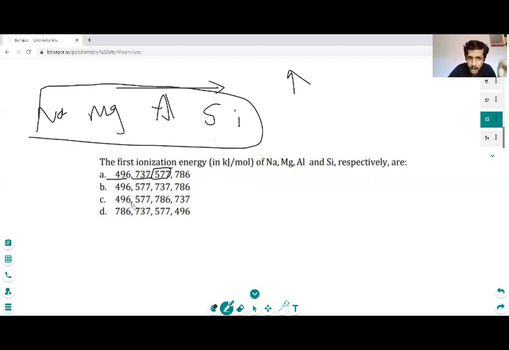This one you have to be careful about. Here, you can't use the tricks very often. You can only use your knowledge, like knowing that there is an exception for aluminum. So you have to use that and answer the question. Otherwise, you can get trapped, because there are options like sodium, then magnesium, then aluminum, then silicon in increasing order. This option you may tick and get it wrong.